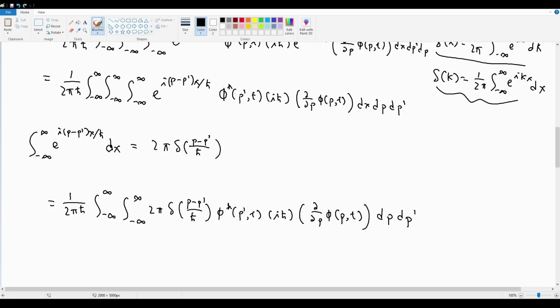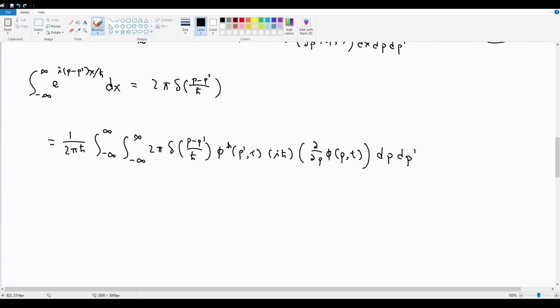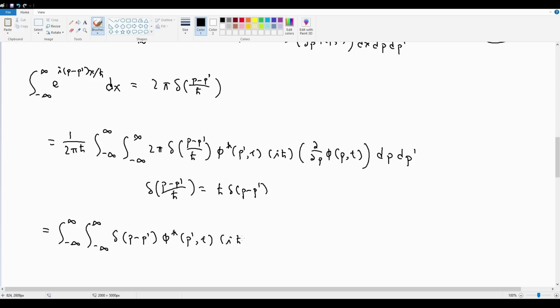And at this point, well, now we can start taking advantage of the Dirac delta, right? But before we even do that, think back to problem 2.23 and recognize that you can just literally pull the denominator, which is a constant, out as a product, right? The Dirac delta of (p minus p prime) divided by h bar is just equal to h bar times the Dirac delta of p minus p prime. So in that case, you can pull the h bar out in front of the 2 pi h bar, in which case that cancels out completely with the front term here. So this is going to give you negative infinity to infinity, negative infinity to infinity, Dirac delta of p minus p prime, phi star of p prime comma t, i h bar, partial with respect to p, phi of p comma t,